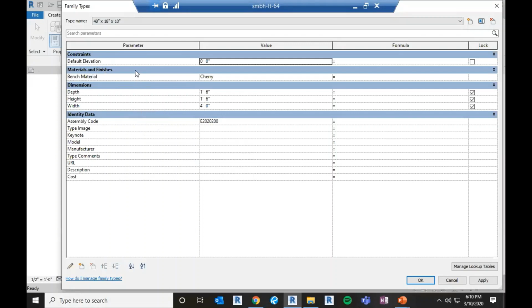And all of these, because they're out of the box, the majority of them are parameters you're going to find available that you can schedule. Having said that, there's probably one or two that aren't, but I believe all the out-of-the-box ones will schedule for you. Now, if I were to go in and add something,